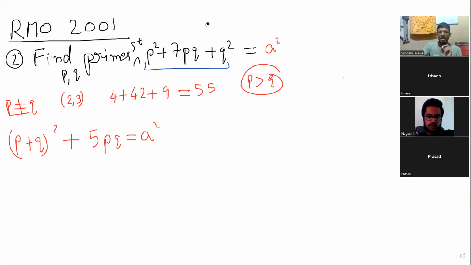So, well, there is another approach. What I sense from this is obviously first you have to get the sense that there are no solutions. When P is not equal to Q, there are no solutions, right? But even then,